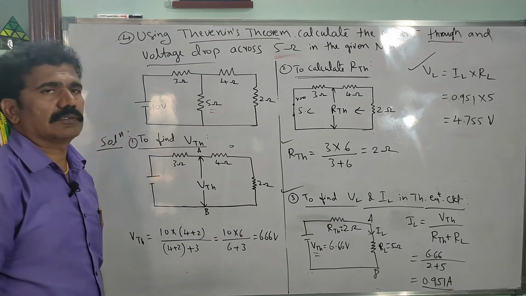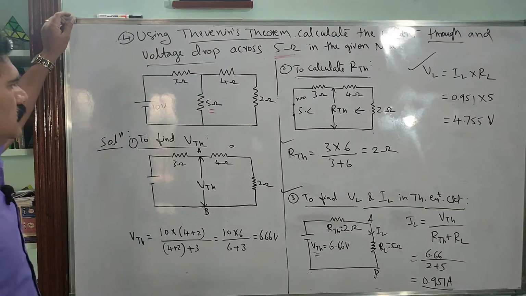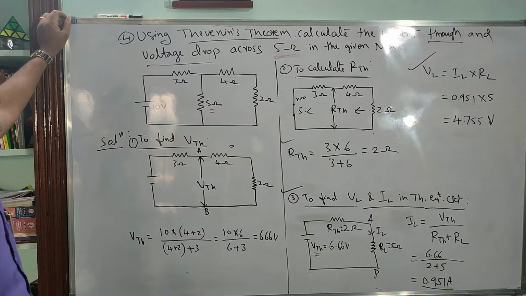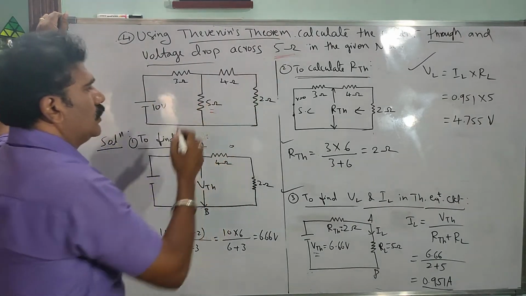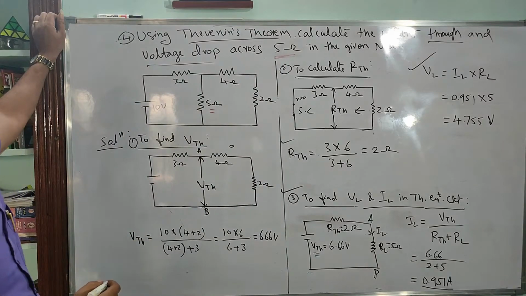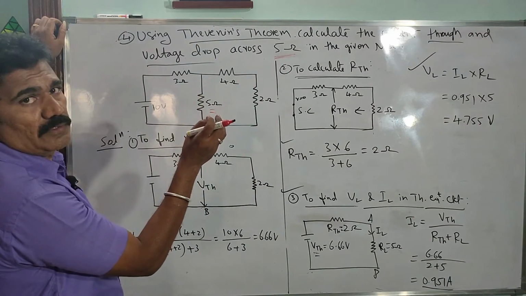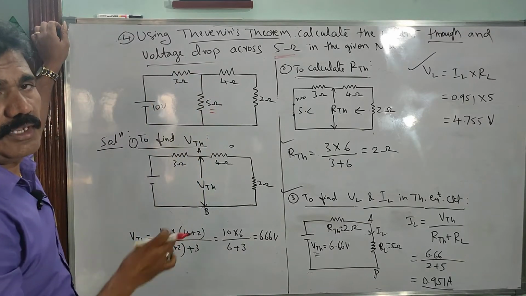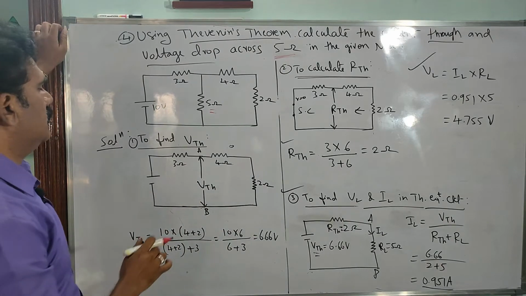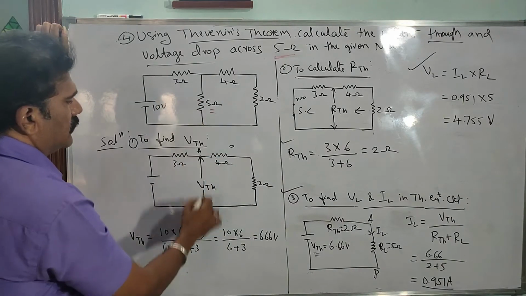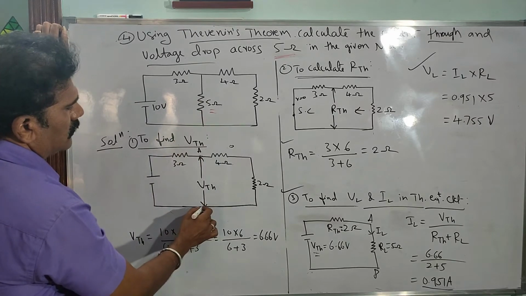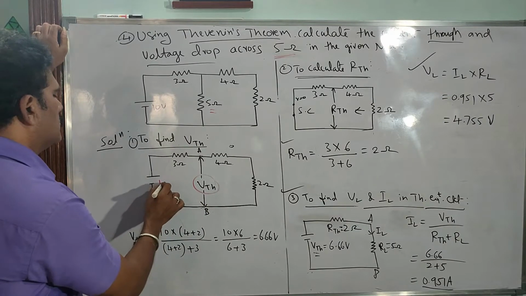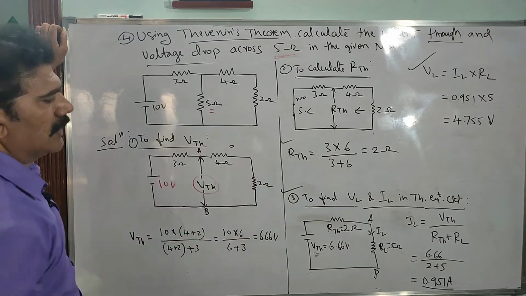So how do you solve this problem? Again using Thevenin's network. Look at the solution part. Now to find VTH first, as usual, first you find the VTH. They have given 5 ohms as the load resistor. So what will you do to find VTH? You have to remove that 5 ohms resistor and mark the terminals A and B across that branch, and then find the corresponding VTH. See here, the 5 ohm resistor is removed, the terminals A and B are marked and you are finding the VTH across the terminals A and B. Here this is the 10 volts, 3, 4 and 2 are as it is.